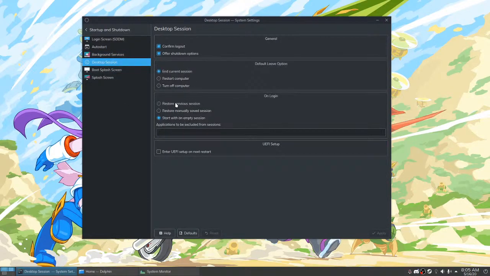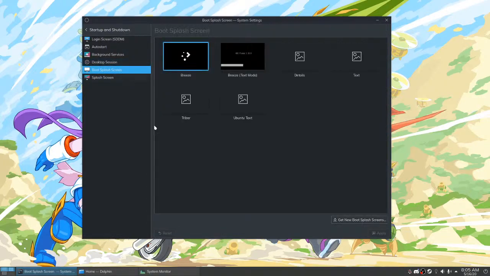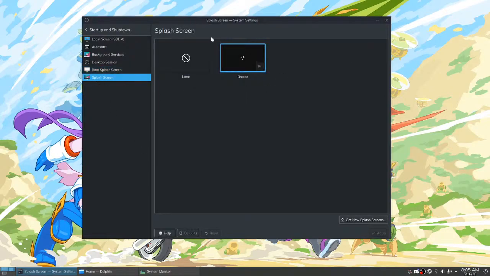KDE starts with a session like that. Restore previous session. I have that turned off because that is annoying. It doesn't even do a very good job of that. Like this shouldn't be a default. It's weird. Like when I was doing the KOS episode, I would restart between doing various things, but I would close everything and then restart, and then it would boot up into the session that I had just closed. So like all these windows that I had closed were back. It's weird. I don't like this. It doesn't work right. I don't think I've changed anything here.